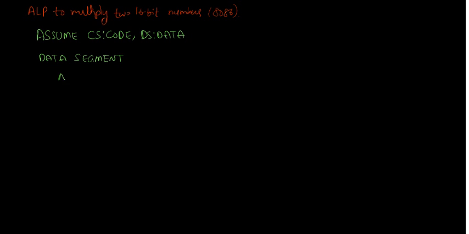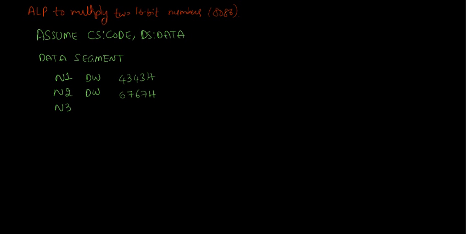Now let us consider three variables: n1, n2 and n3. n1 and n2 are for the two numbers which we want to multiply. Those are 16-bit, so let us define them as define word. The values are 4343h,